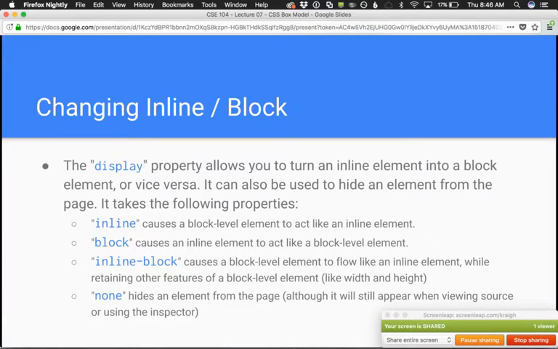Very useful. You can also use display none, which will hide an element from the page. So it can also be useful. It's definitely useful if you're building any sort of interactive application. I use display none a ton. Say the user deletes something or hides a post or something like that, display none will remove it from